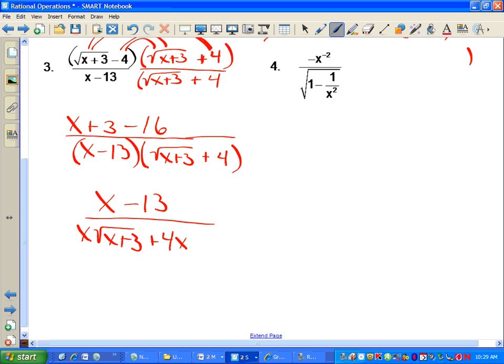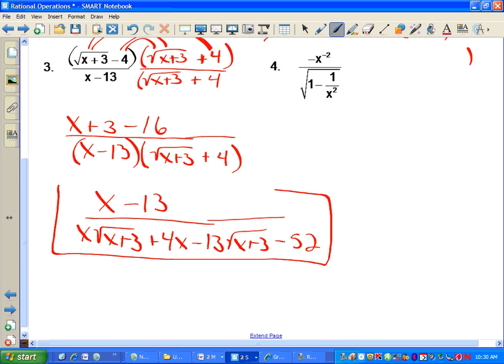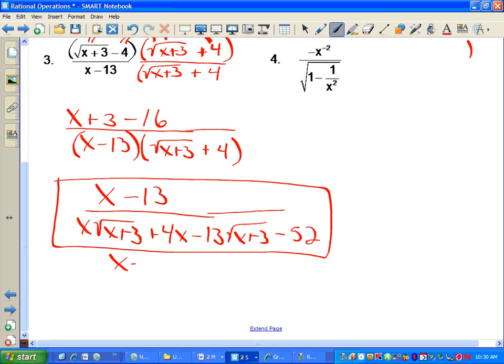The insides would give me minus 13 square roots of x plus 3. And the last would give me negative 13 times 4, which would be negative 52. Nothing combines on that. So I actually would take an answer like this, or it might be better to just leave it x minus 13 over your x minus 13